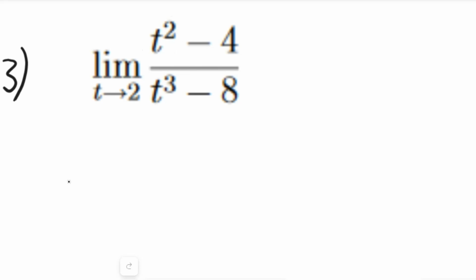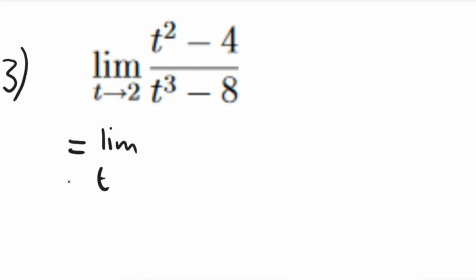If the numerator becomes 0 and the denominator becomes any value apart from 0, we can work with that and say the limit will therefore be 0. But in this case it's 0 over 0, which is indeterminate, so we have to simplify it and show what the limit of that value is. You have to use the factorization method and cancel out those that will cancel. So this will be equal to the limit